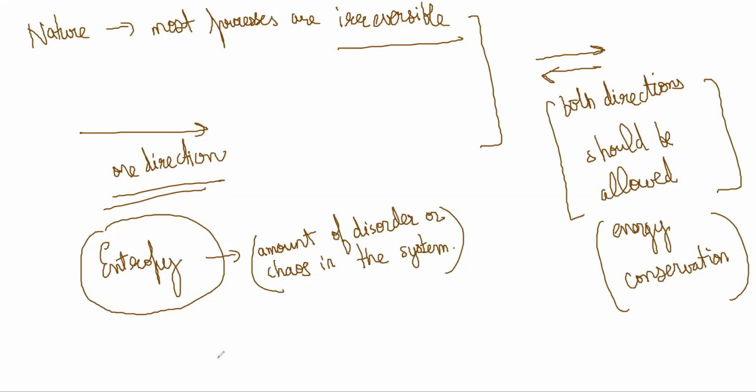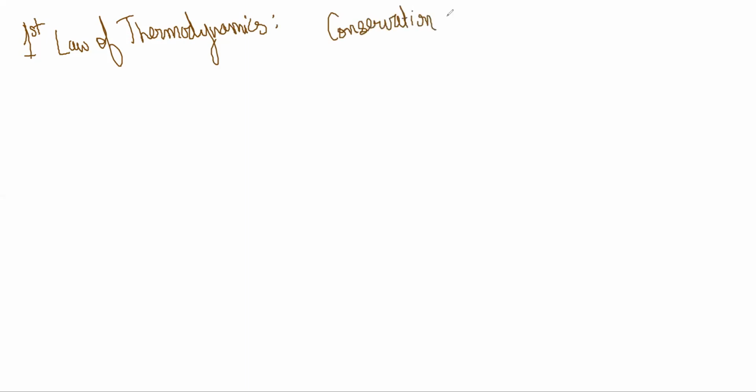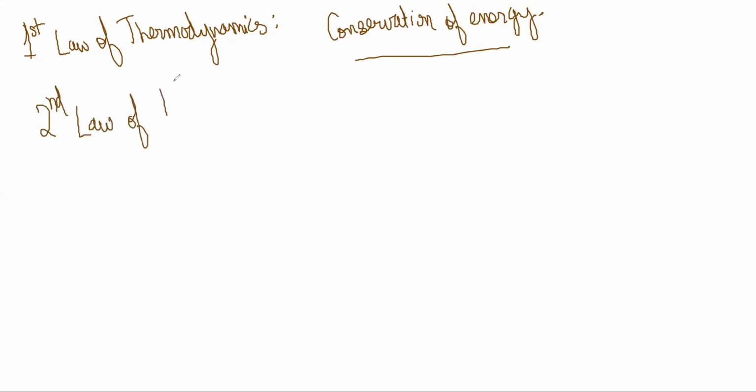And there is a second law of thermodynamics. The first law of thermodynamics is what we have been doing so far. The first law of thermodynamics is basically conservation of energy. Energy cannot be destroyed, and energy can be converted from one form to another form. This is the first law of thermodynamics. The second law of thermodynamics was what was missing. That was the missing part of the puzzle. And because people did not know that, they did not know why two directions are not allowed. The second law of thermodynamics says that